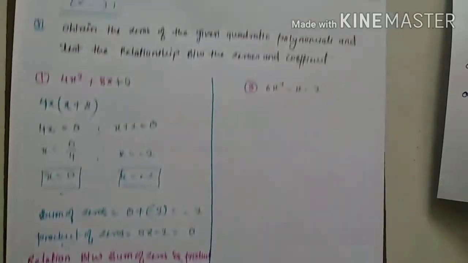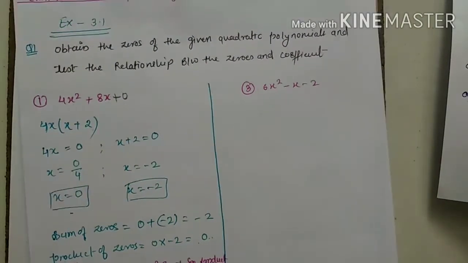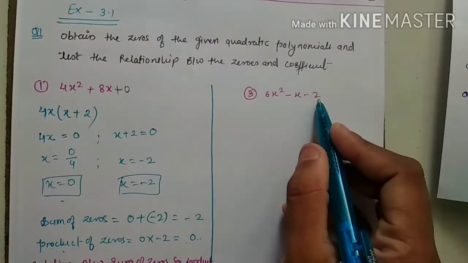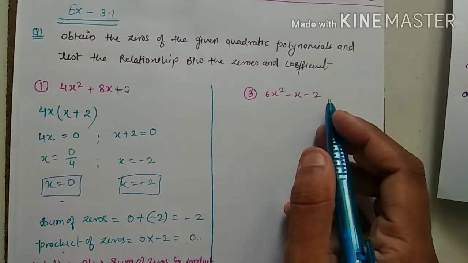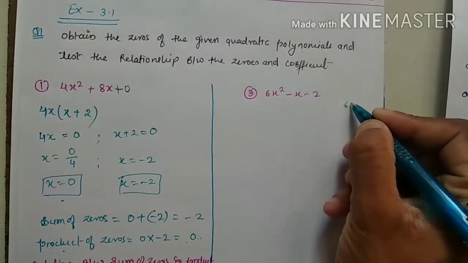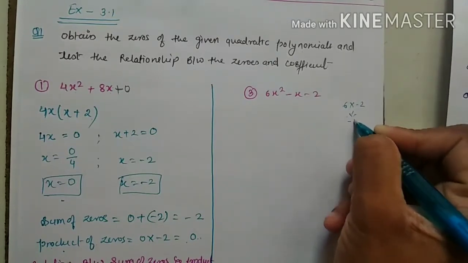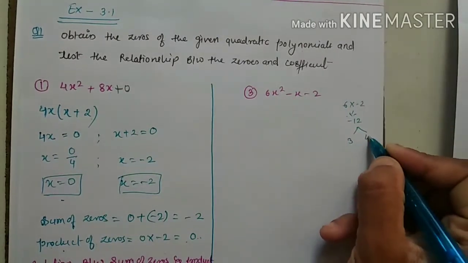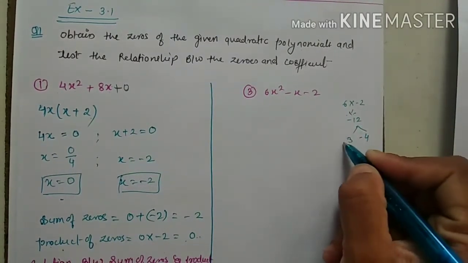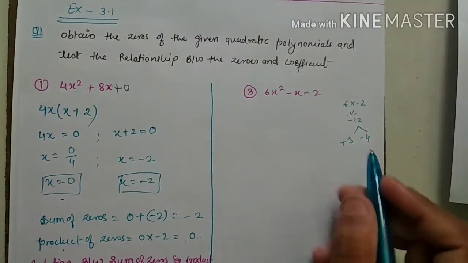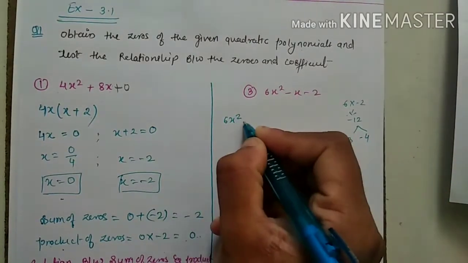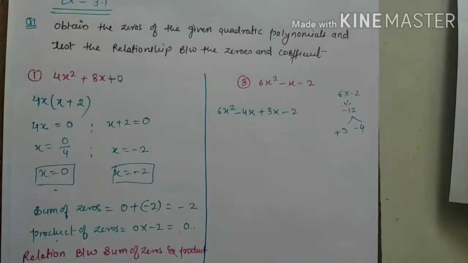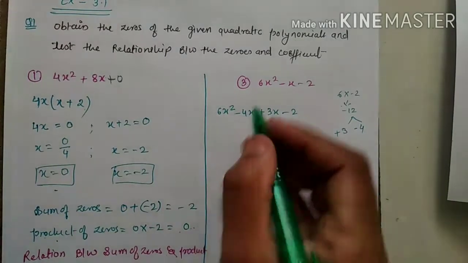Now next, the third question. The second I am giving you as homework. Just wait for some time, I will give you the homework questions also. 6x square minus x minus 2. You have done middle term splitting in 9th class, or not? Yes. So just do the middle term splitting. 6 into minus 2 means minus 12. Minus 12, you have to factor to find the x. x in the sense 1. So 3 fours are 12. You want to find minus, so one time minus, one time positive. So your terms are these. Just put here 6x square minus 4x plus 3x minus 2. Correct or not? Just do it. Further, make the pairings.